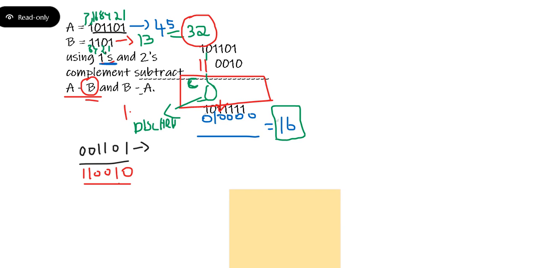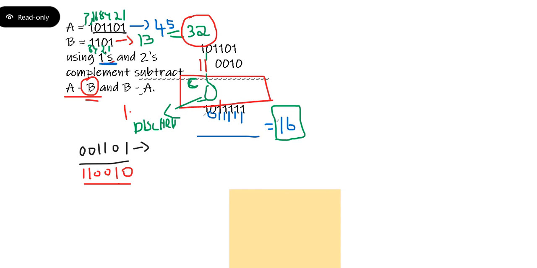When you discard this carry, what will the value be? 0, 1, 2, 3, 4, 5. Right? Correct? So when you discard the carry, you get this value.